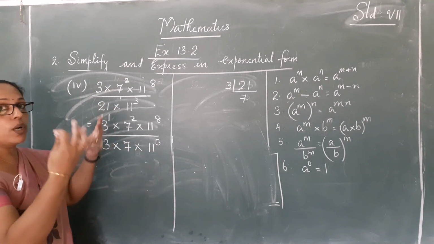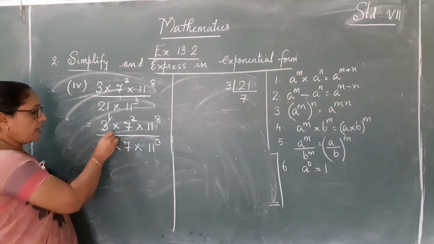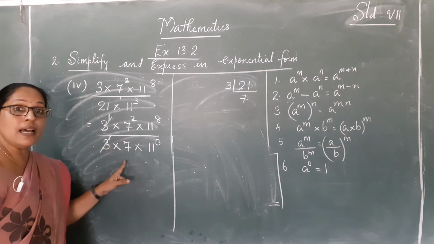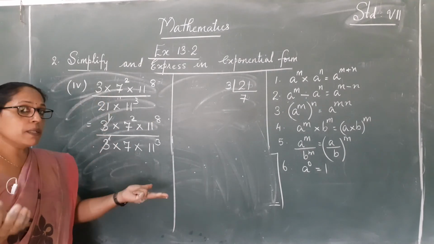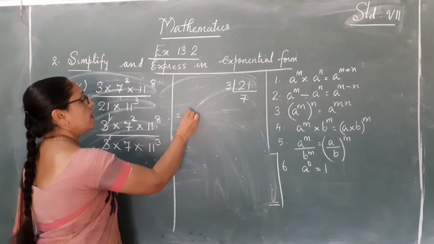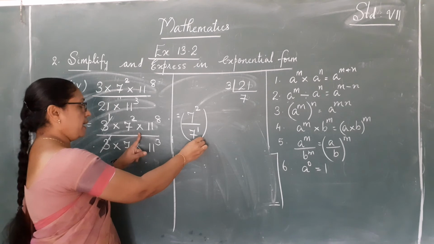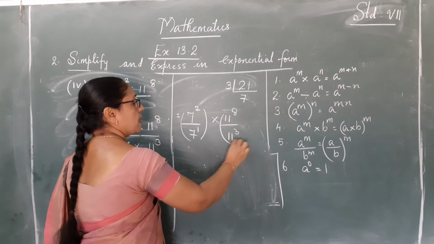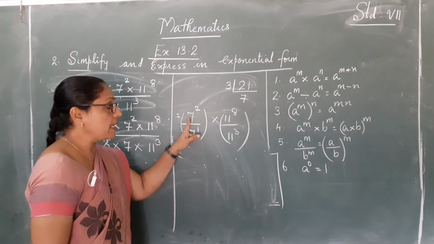Now you see which all you can make a group. Okay, 3 raised to 1, 3 raised to 1, so this will cancel. Now this you can form a group, this you can form a group because bases are same. Which all powers same basis, make it into a group. Group means it can be multiplication or it can be division. Here numerator, denominator, so it's a division form. So 7 raised to 2 by 7 raised to 1, that is one group, into 11 raised to 8 by 11 raised to 3, another group.